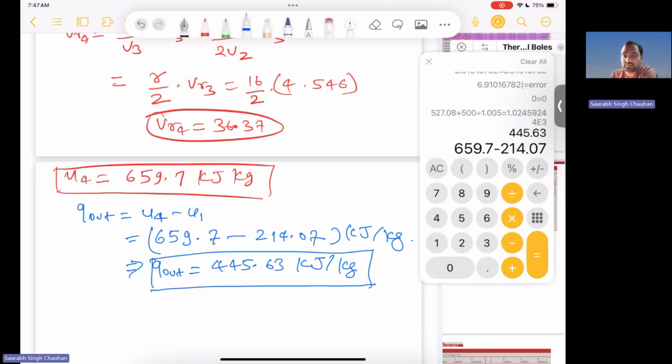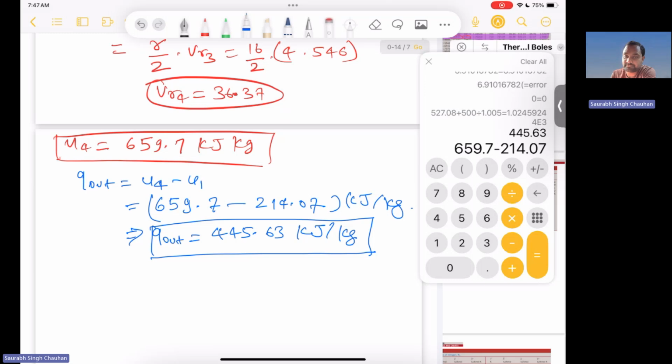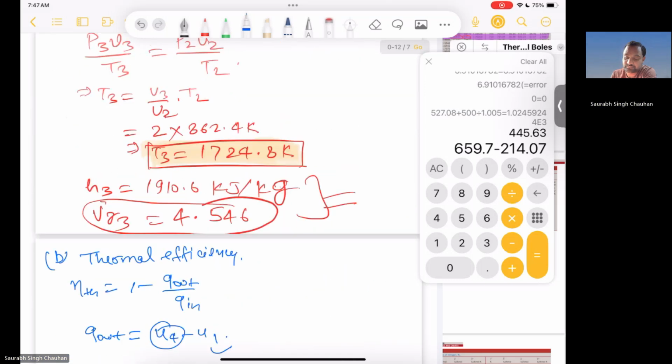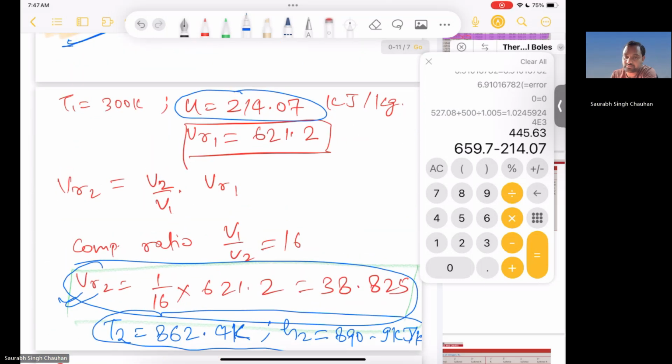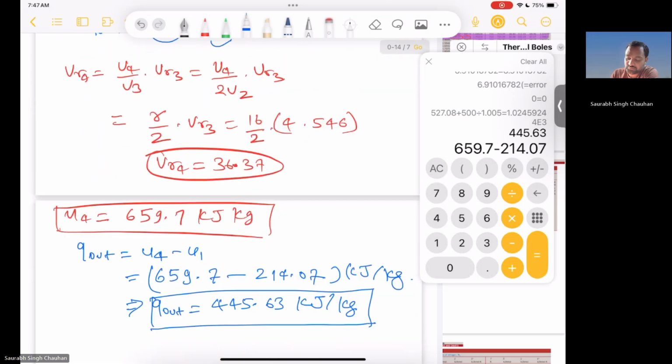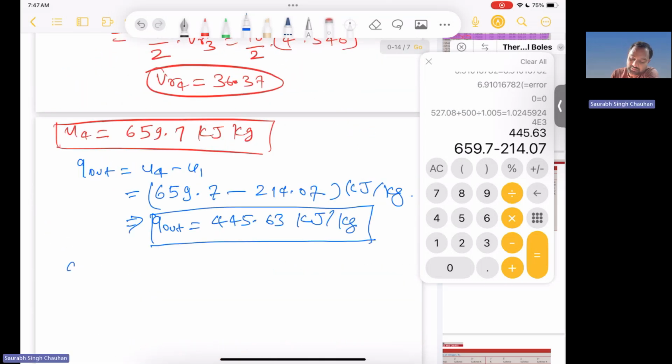What else we need? We need Q in, correct? We need Q in, and Q in is